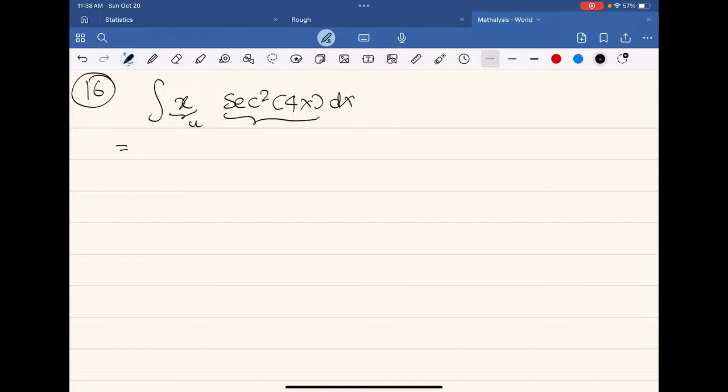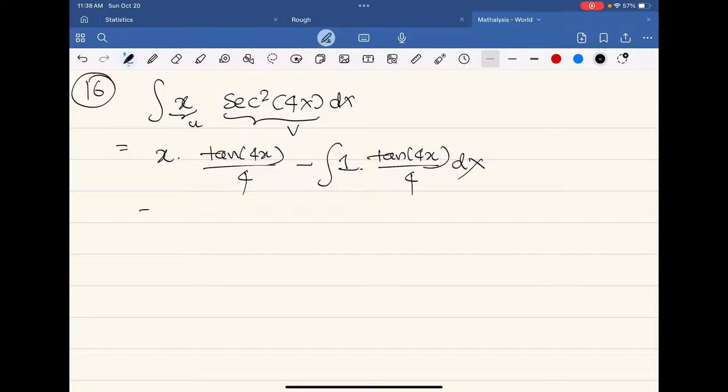We will just let this as u and the other as b. If we do that, we will now have u times integral of b, which is just tan 4x by 4, minus integral of derivative of u, which is just 1, times integral of sec square 4x, which is just tan 4x by 4, times dx, right? Now this is x by 4 tan 4x minus 1 by 4 integral of tan x is,